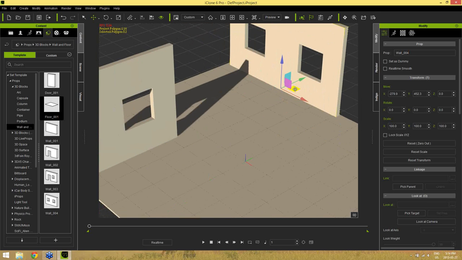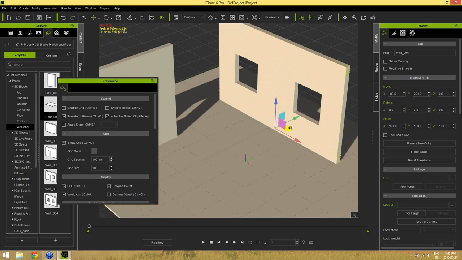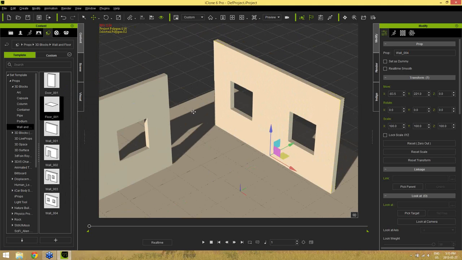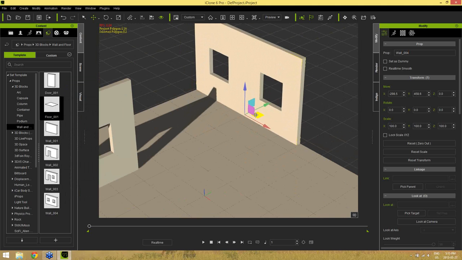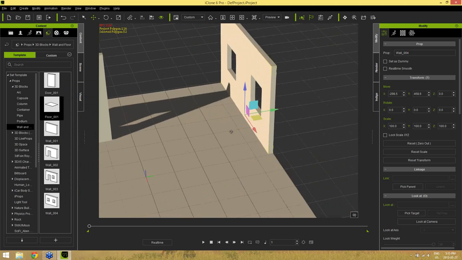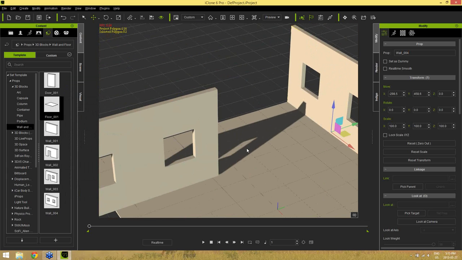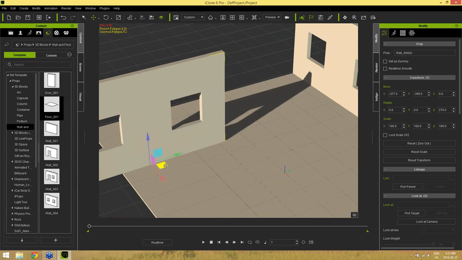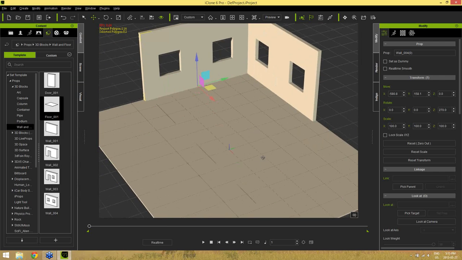Another easier way I can do it is I can just go ahead and go into my preferences by pressing Control P. And you can also use this snap to model function, or you can just press Control M. So with that selected, I'm going to show you how easy it is. So I'm just going to move this over to the edge and boom, kind of just snaps into place right there. So you can see now it's perfectly aligned to the edge, which is awesome. So we don't have to waste all that time trying to put it exactly where we want it. And then let's move this one over here, boom, snaps to the edge as well. So there you go, we have our basic